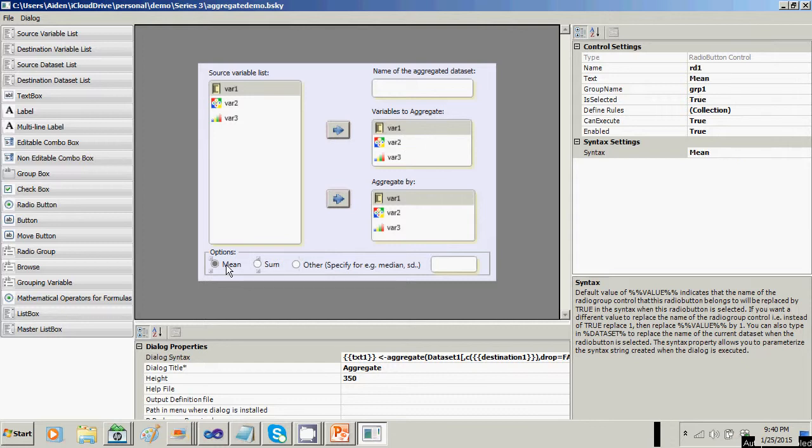Let's make sure I got is selected true here. Yeah, the second radio button, I don't want it to be selected by default, and I want the syntax to be mean. My third radio button, I want is selected to be false, and I'm not really worried about the syntax because